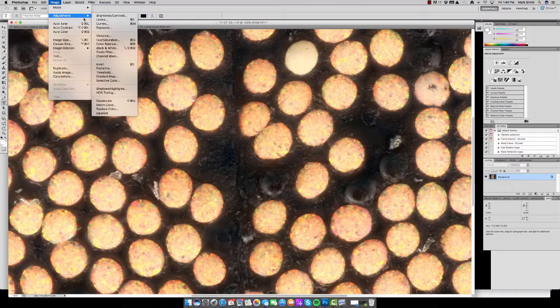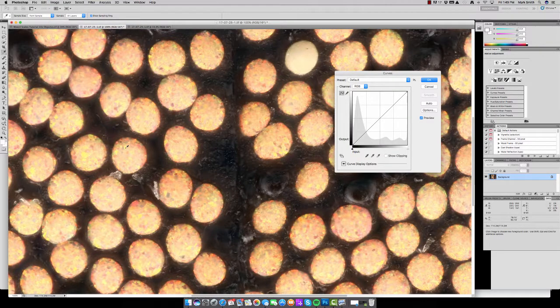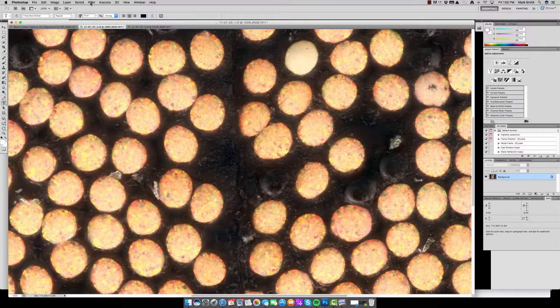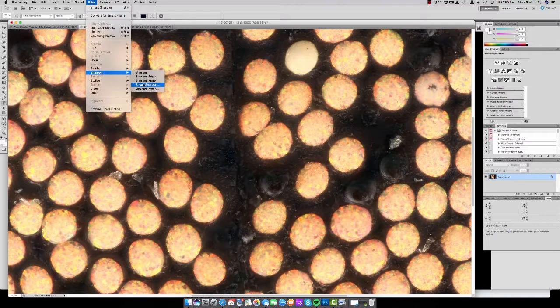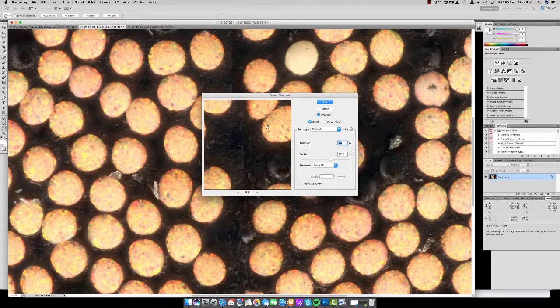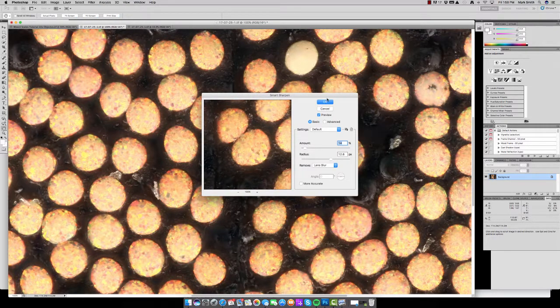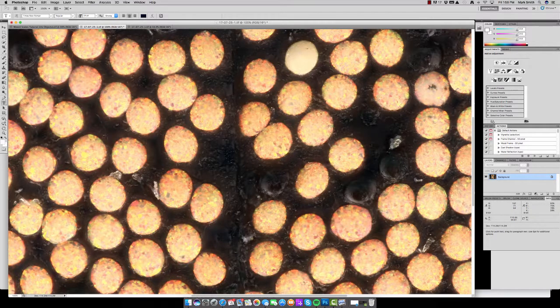I'm going to go to curves, and what we're going to try to do is get some of the detail around each of these little features on each individual scale to have a little bit more contrast with each other. So you do that again by taking the lower portion of the curve and moving it to that position, and then the upper right, again, just to add the contrast. And then here also we're going to sharpen our image. So we'll go to Smart Sharpen, keep the parameters exactly the same,